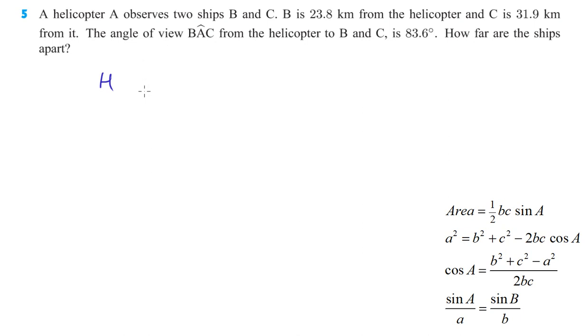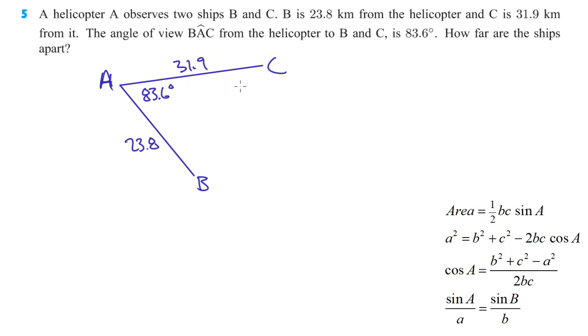Observes two ships, B and C. So let's call this B, and let's call this C. B is 23.8 kilometers from the helicopter, 23.8. C is 31.9 kilometers. The angle of view, B to A to C, so the helicopter they're going to now call A, from the helicopter to B and C is 83.6. How far are the ships apart? So that is going to be